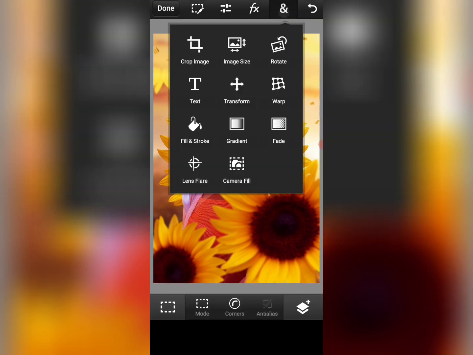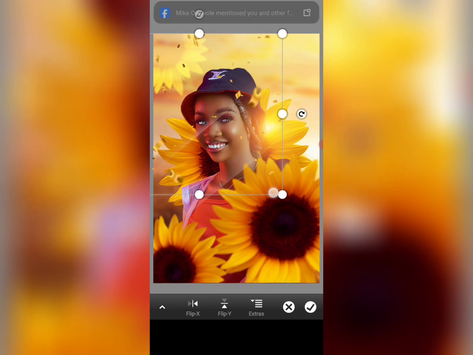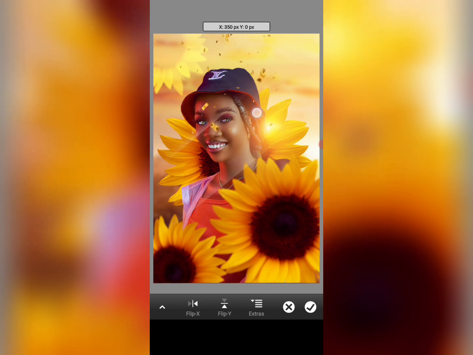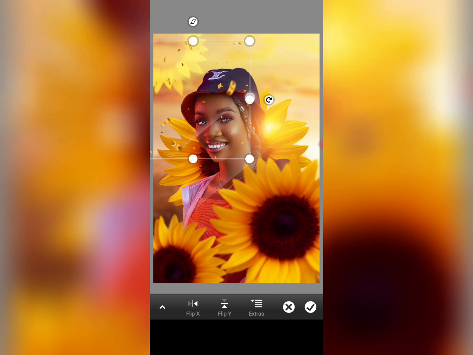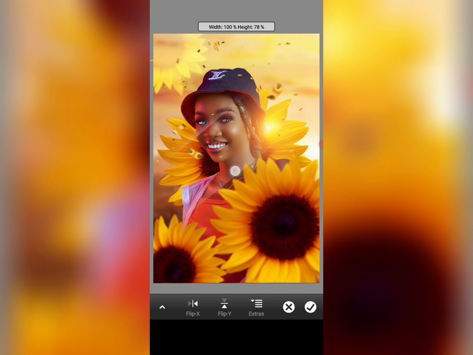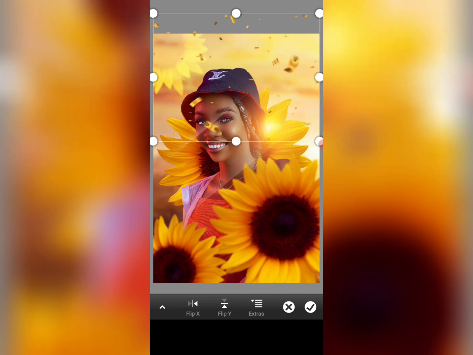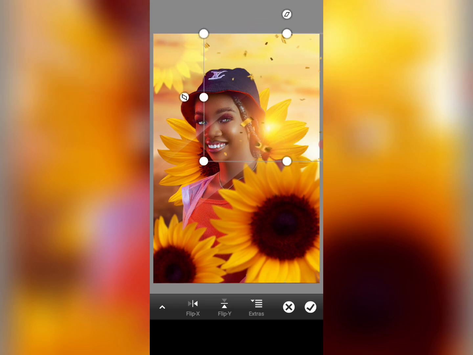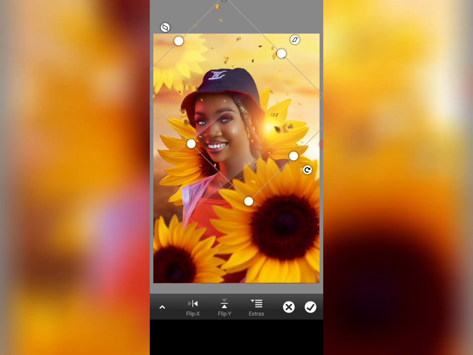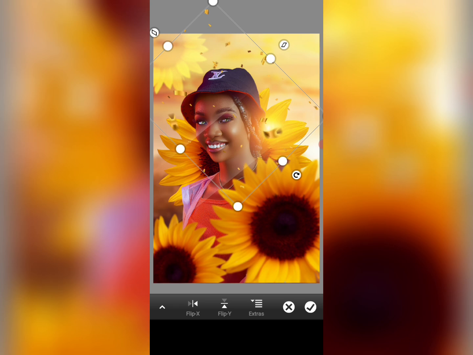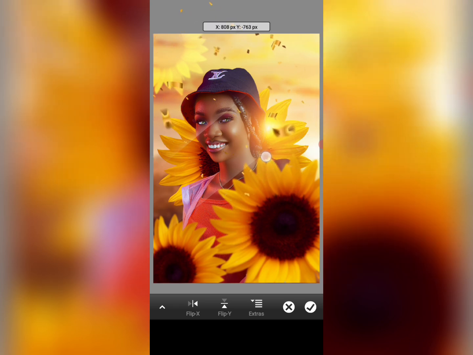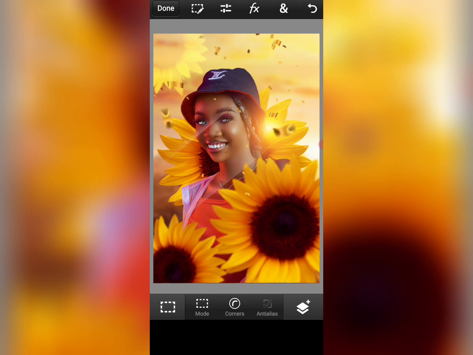So it's cool like this, but I want it to be small. So you can reduce the size, stretch it like this. Or you make sure you rotate. You can rotate it to make it look cool, then increase it after rotating. Okay, perfect. Click OK. So very cool. Now we can head back to the gallery to place our